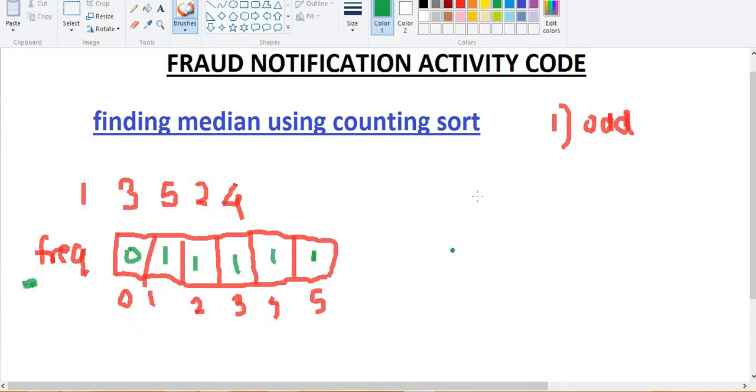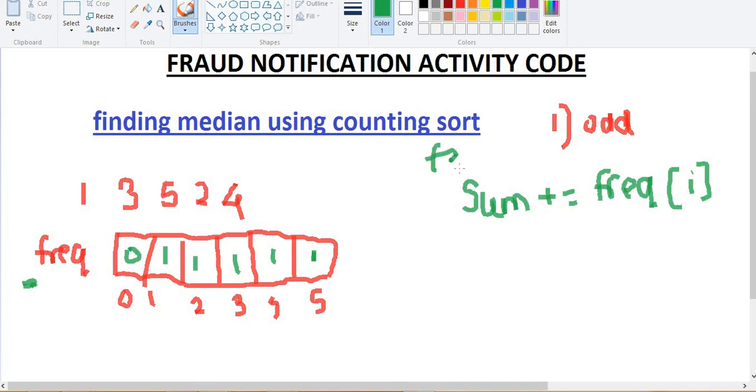Let's say we take a variable sum, and what you would do is add all the elements into that. Let's say sum is equal to 0, and we have a counter, that is i, and let's assume that we have a for loop here which goes from i to n, or whatever the size is,